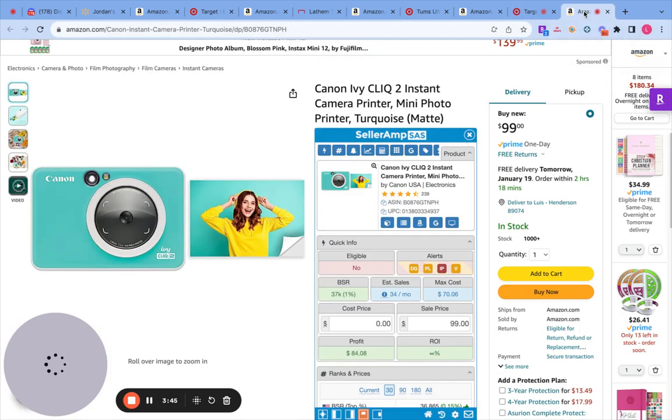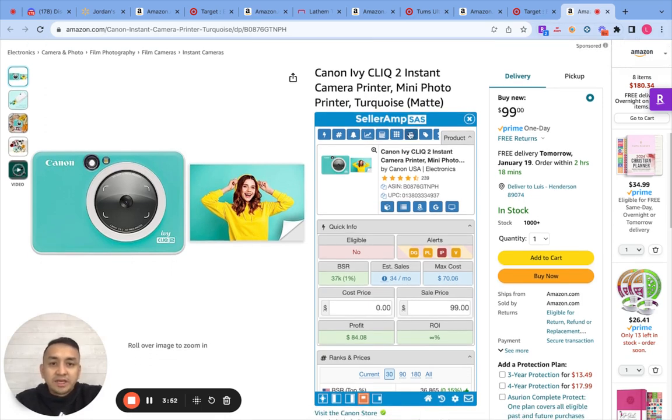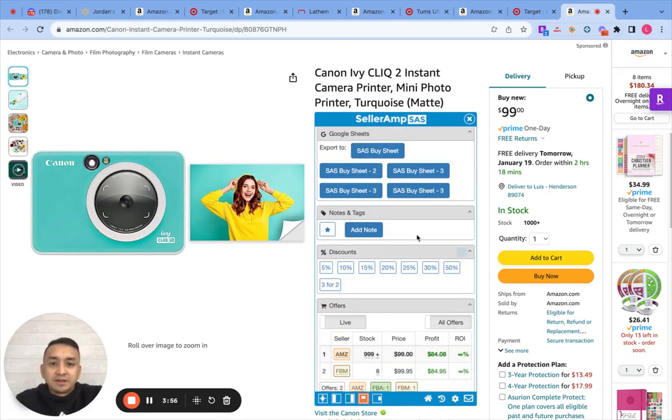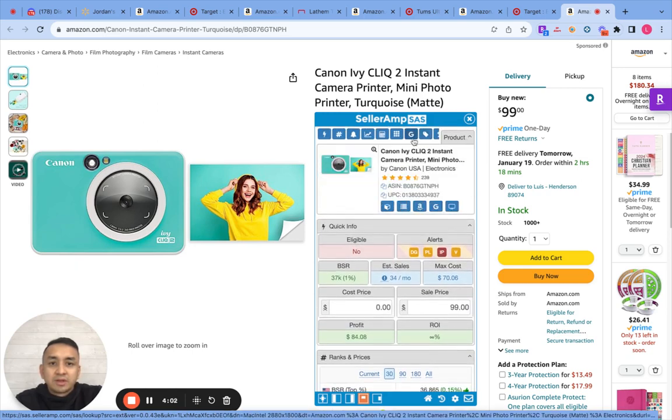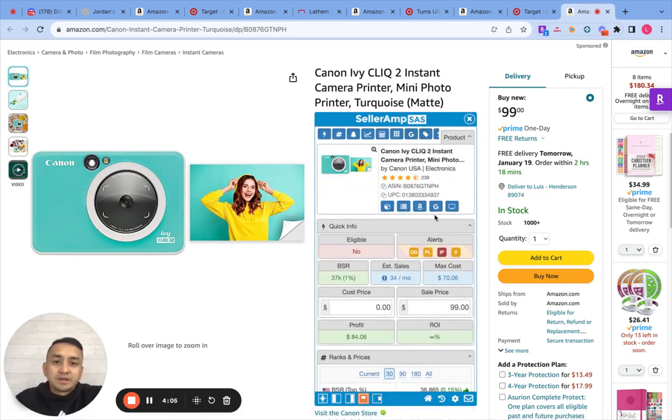Another way to do this is a reverse search on this product by going here on SellerAmp and clicking on G. Wait a minute, what happened there? I think I clicked the wrong G. So I would click here on G, Google,